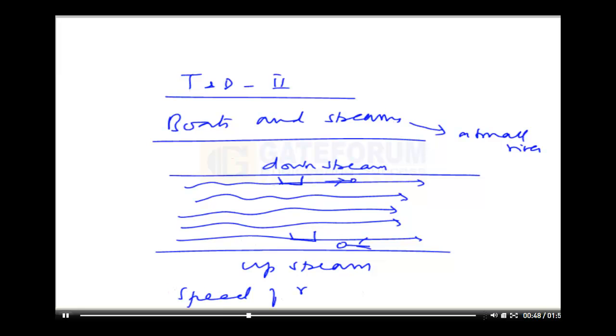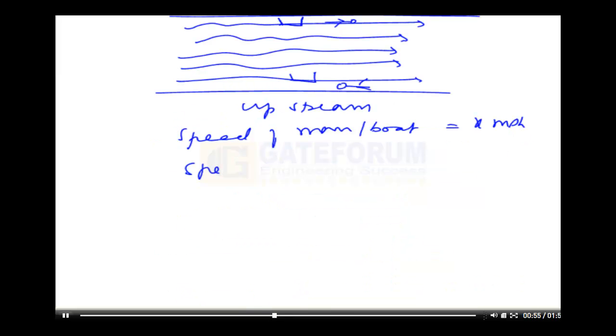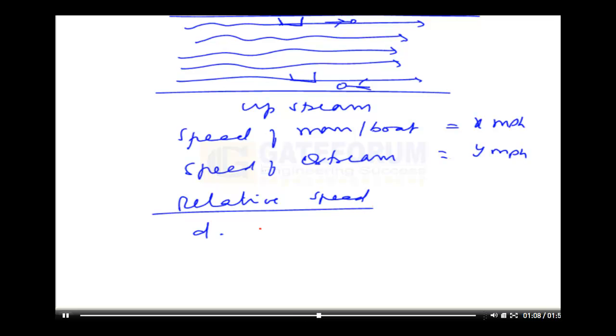Convention is to take speed of man or the boat rowing as x miles per hour. Speed of the stream is y miles per hour. What will be the relative speed? If you want to look at downstream rate, it is x plus y. You are moving at the rate of x and the water is moving at the rate of y, so it will be x plus y. And if you have to come up the stream, you have to overcome the speed of y, so it is